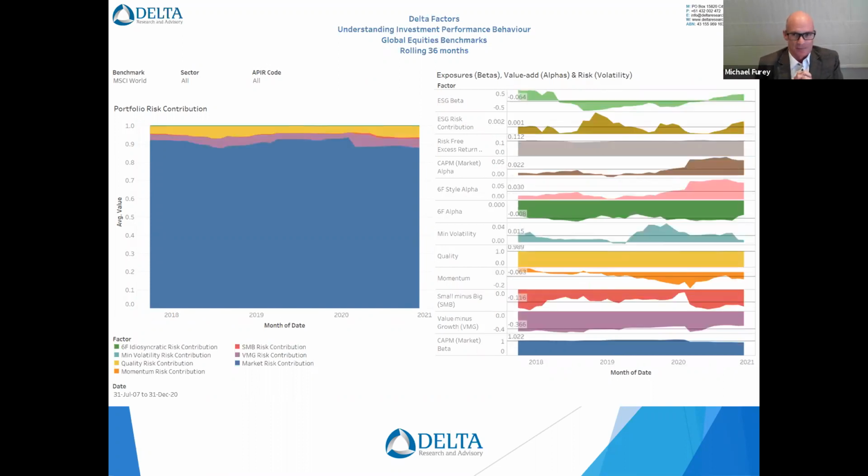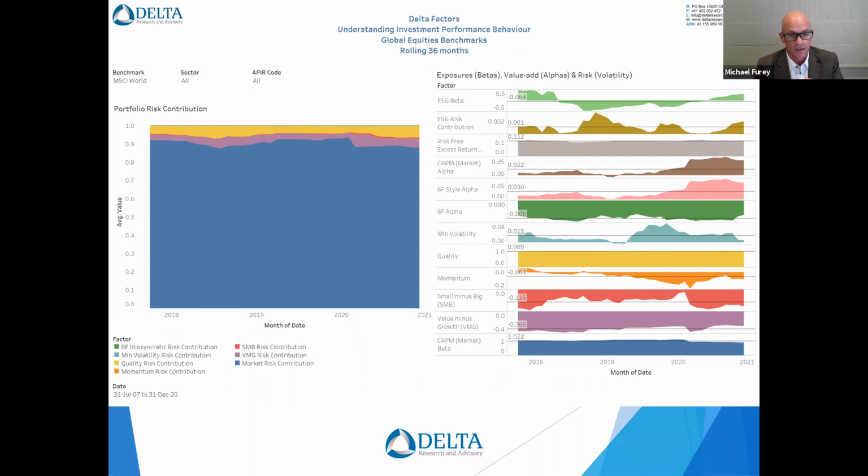A little bit different. We've got a couple of extra colors here. And I probably should add, this is all time series based, and we can see how the exposures to different risks change through time. So again, the risk profile on the left, we can see it's around 90% blue. So 90% of the risk comes from the market. And that's pretty standard for a lot of active strategies. So the remaining 10% of the risk is actually a couple of different styles, which we can see on the right-hand side.